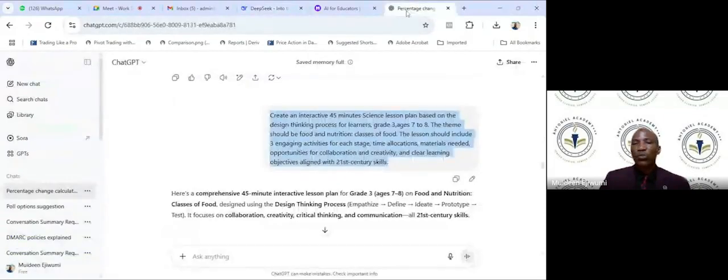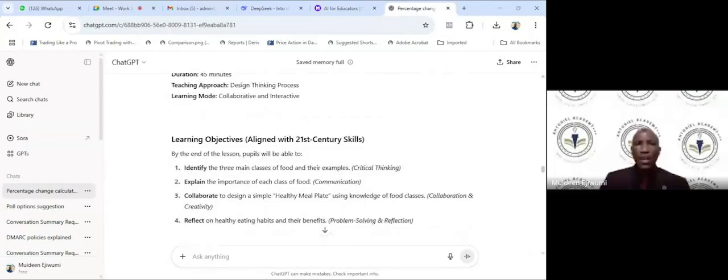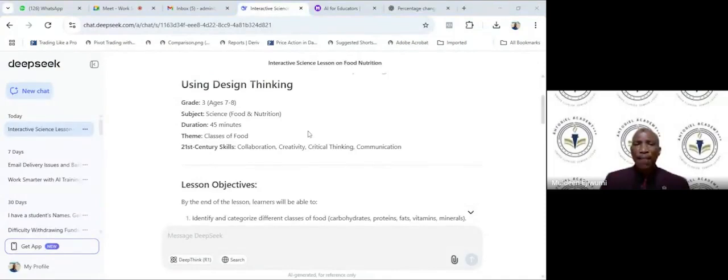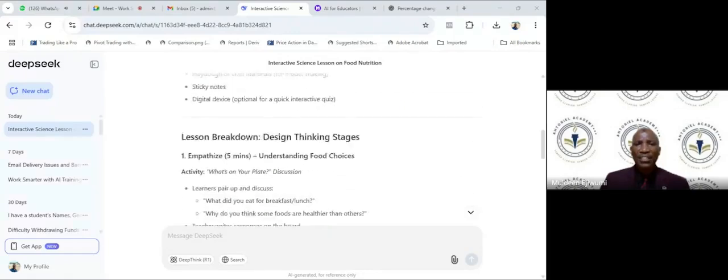You go back to our ChatGPT, which just starts with the lesson plan directly. So some of them are similar, but of course, the outputs may not necessarily be the same.